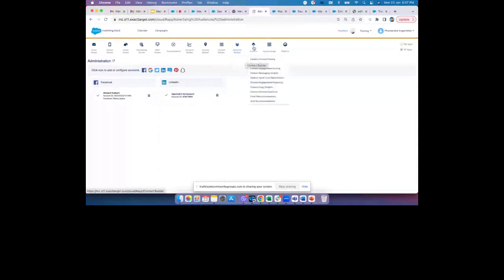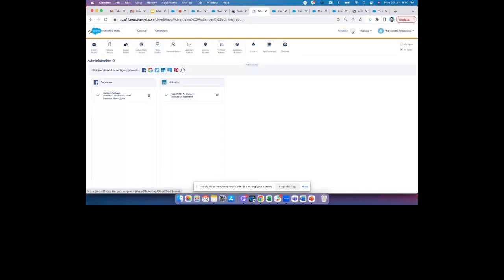Einstein is for managing all the Einstein activities, which include content testing, engagement scoring, messaging insights, STO, engagement frequency, copy insights, email and web recommendations. You can see all this information under Einstein, right? So ideally, this is how Marketing Cloud looks and feels, the screen navigation, and you have